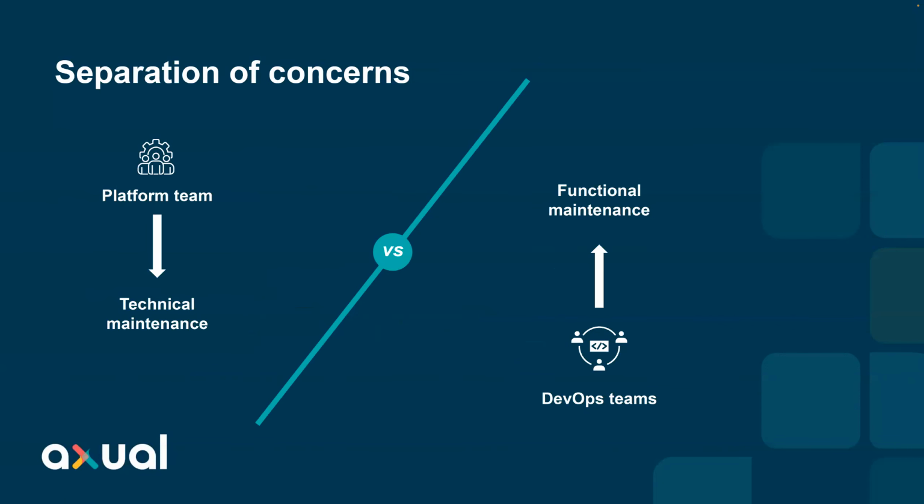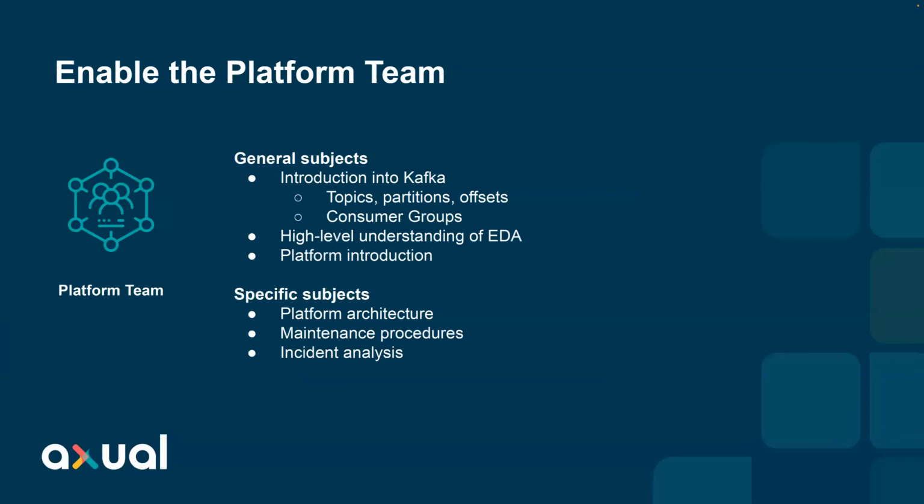Of course, we talked in the reference architecture already a little bit about the separation of concerns between functional maintenance and technical maintenance. So these development teams and the data teams would be considered to be the responsible teams for the functional maintenance. Of course, if you're in an on-prem situation or you run your own Kafka platform, there's also a platform team which is responsible to do the technical maintenance. And this team may also need to be enabled. Sometimes the team that does the installation of the platform is not necessarily the team that does the platform maintenance. So let's also take a look at what the platform maintenance team is supposed to do.